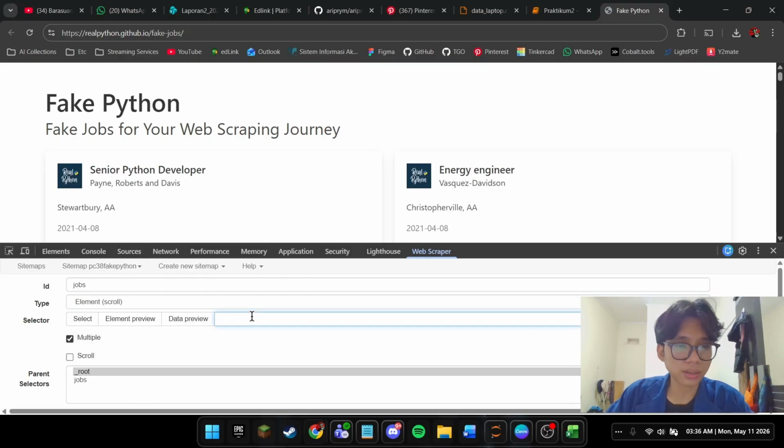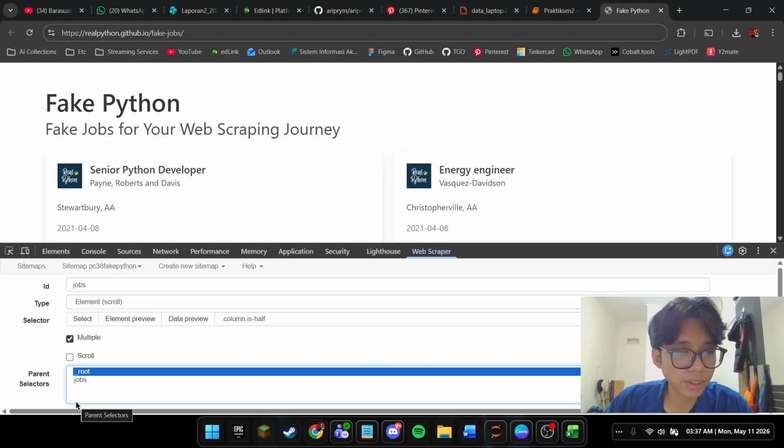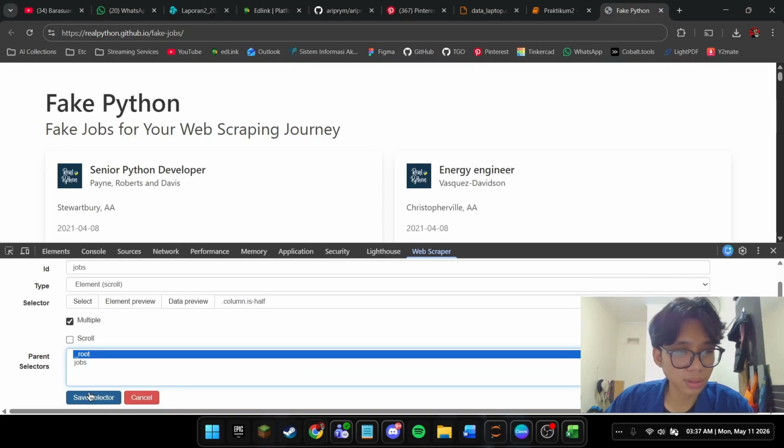And then I fill this selector with div.column.is-half. And then set the multiple option, so all job cards on the page are collected not just once. The parent selector is set to the root, meaning the search starts from the top level of the HTML document. After all configuration is complete, I save the selector by clicking Save Selector.